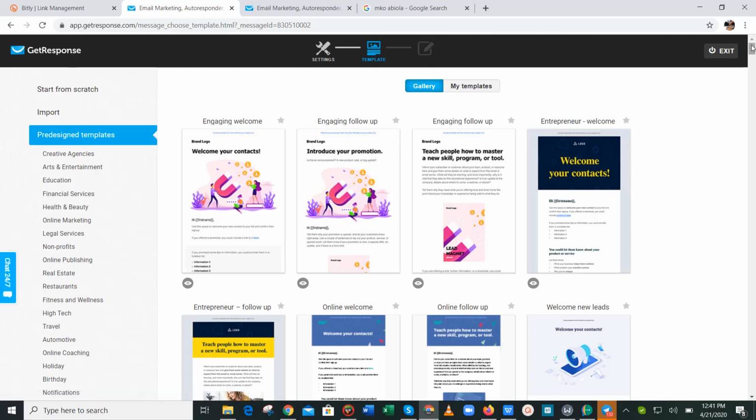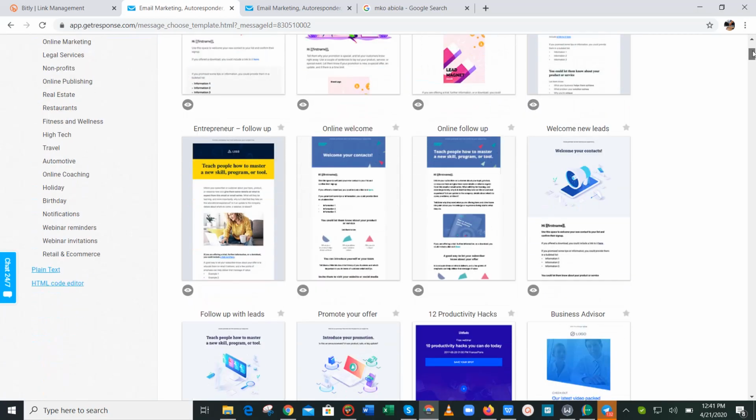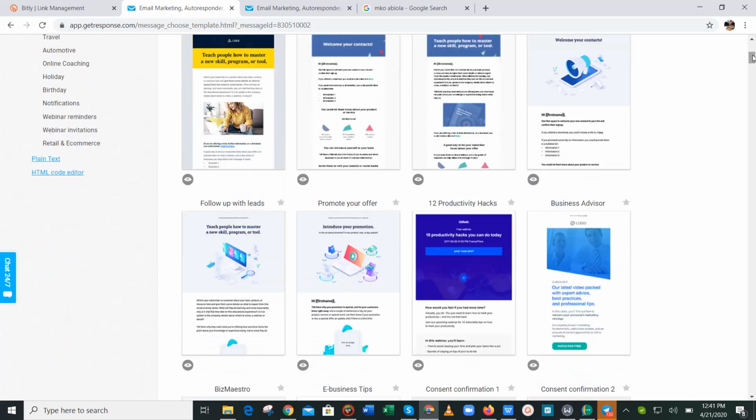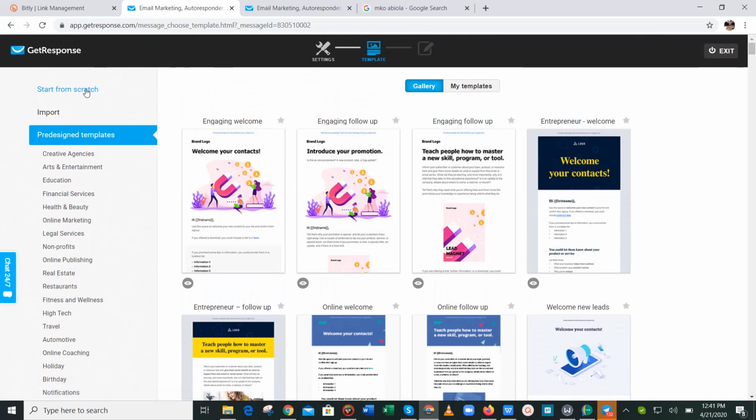So once you do that, you will go to the next page. The next page you will see different templates you can choose. So you can choose plain text, you can choose HTML editor if you know how to code, and you can build from scratch. So those are the 4 ways you can use to create your autoresponder template, just like